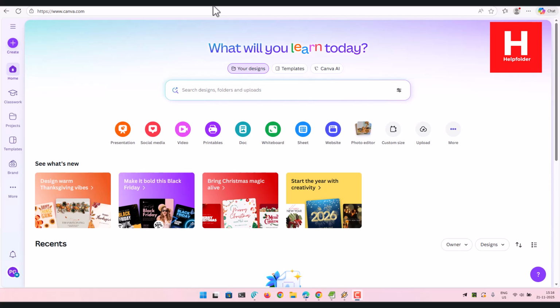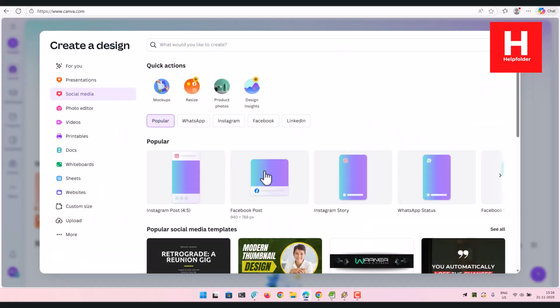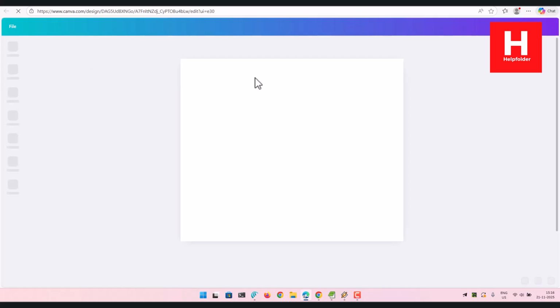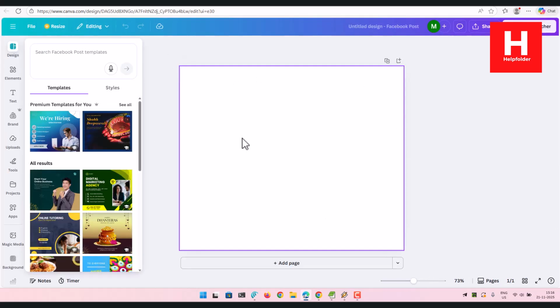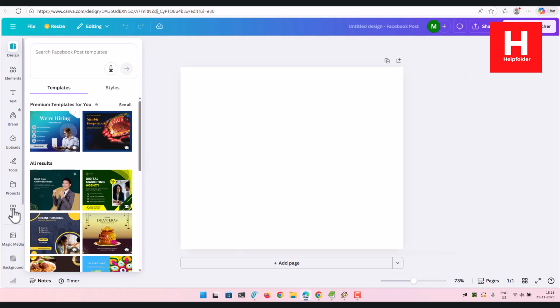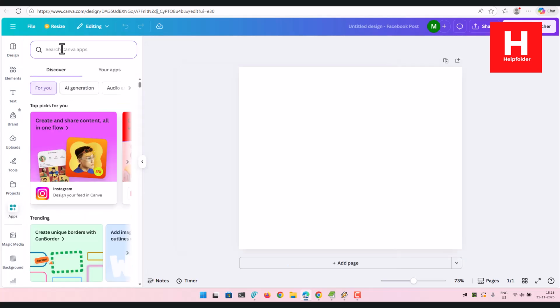Let's take a look at how you can create a barcode. To create a barcode, we will be making use of apps in Canva. So let's pick one of the templates, and let's say we have the size of a Facebook post. Now if I choose apps and check